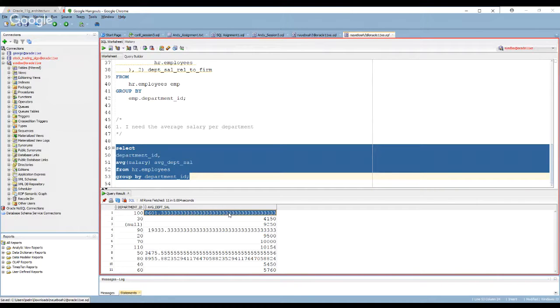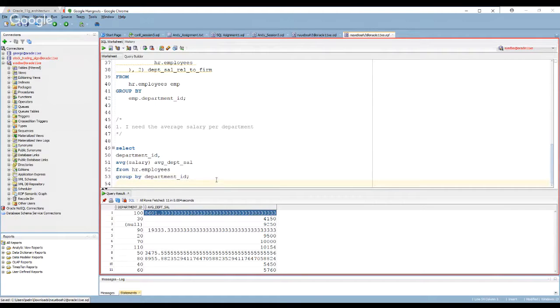Right now, again, I'm talking about problem number 2. Problem number 2 says, let's find for each employee how much they make relative to the average in their department, as well as to the average within the firm. So the first thing we want to find out is the average salary per department. And Andy would say, well, I also need the average salary for the firm.